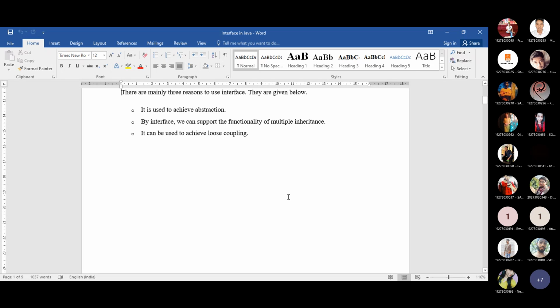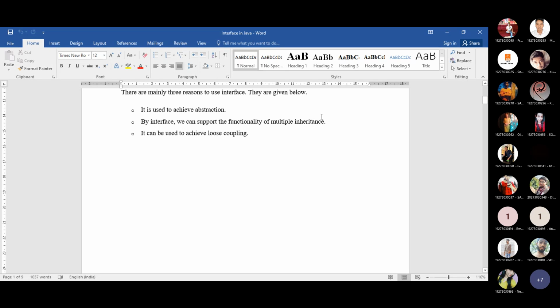That means one child class wants to reuse the code from two parent classes. If this is the case, then we know that is multiple inheritance. But this multiple inheritance directly cannot be implemented in Java because of some reason. What are the reasons? That is already explained to you. If you have any doubt, then you can also ping me so that I will repeat it again.